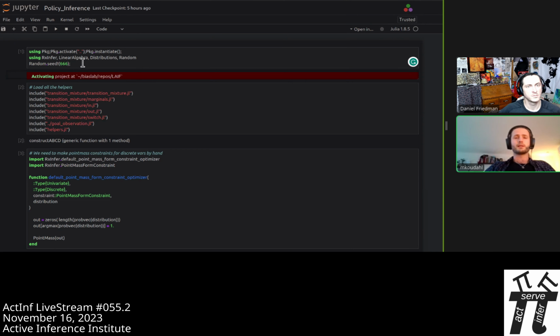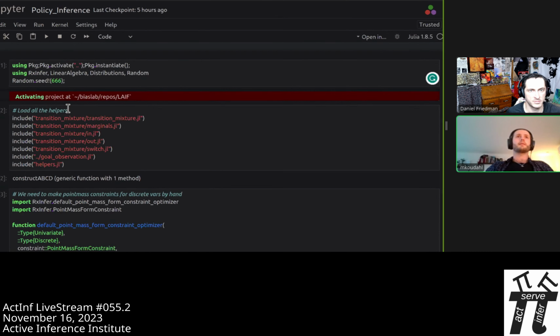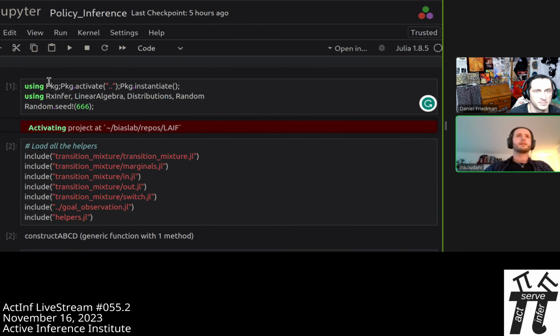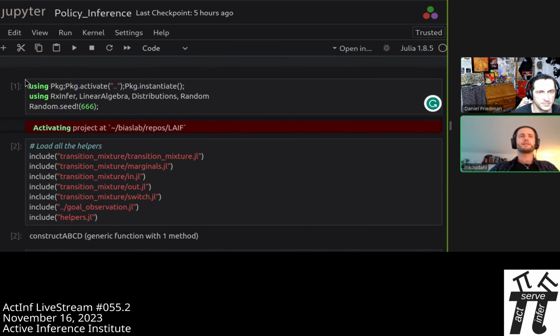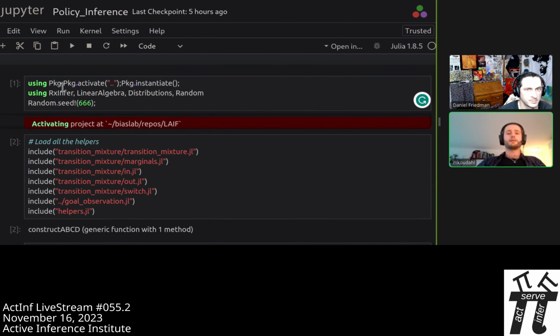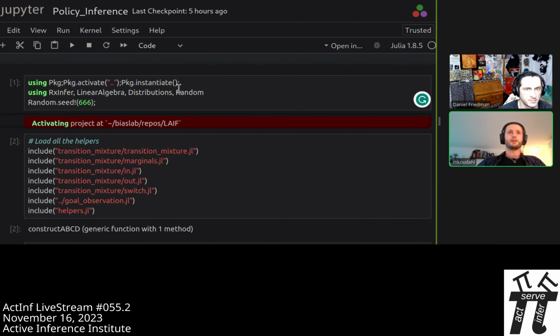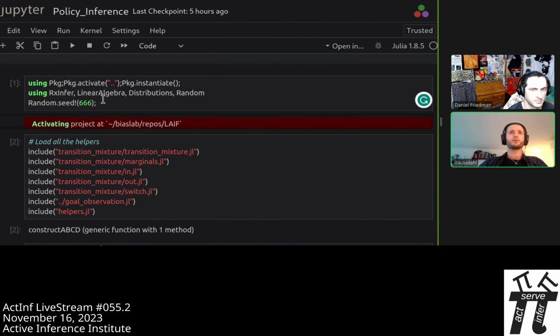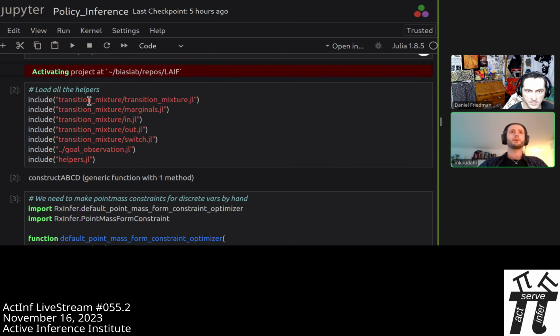So would it make sense if I just go through it cell by cell? Yeah, maybe make the font a little bigger and then go cell by cell. Perfect. Thank you. That's better? Yeah. Sweet. So all this is in Julia, and it runs in the notebooks. There's instructions for how to do it in the repo.